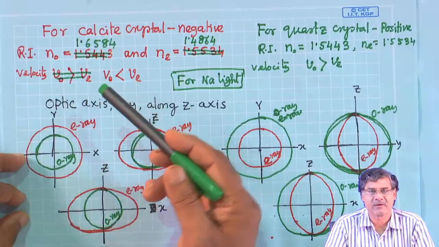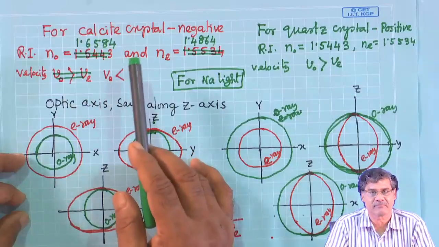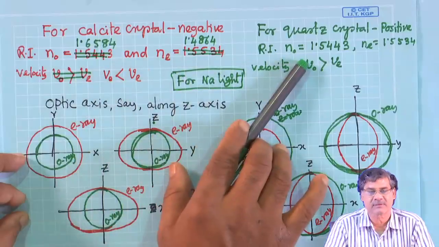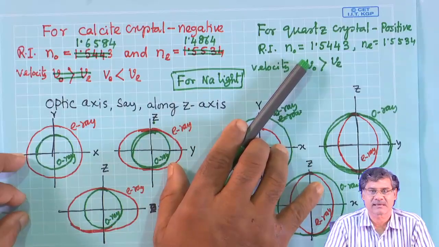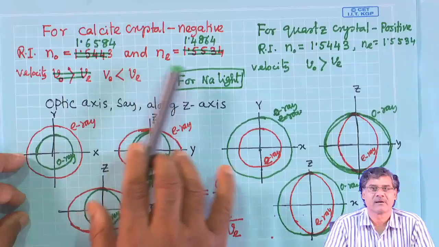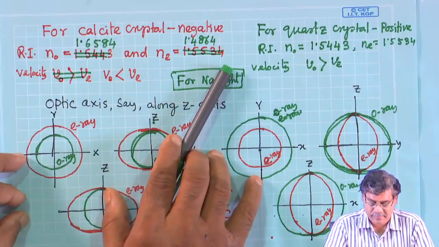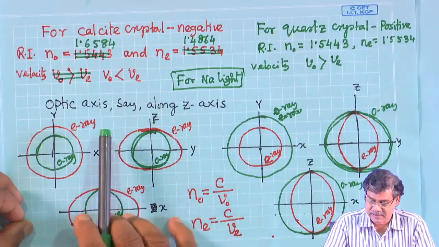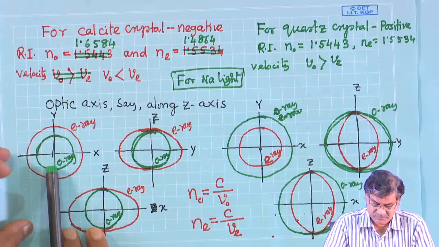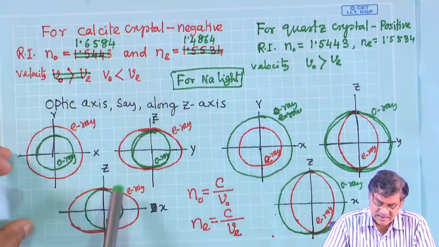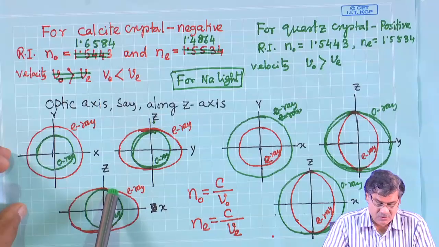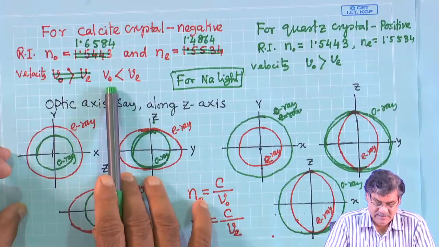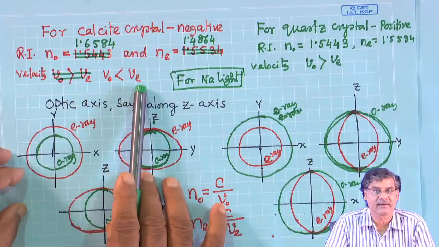And another thing, the velocity or refractive index are the same for O ray and E ray along the optics axis. So, these values are not along the optics axis, right. So, in other directions. So, if you consider the velocity in the calcite crystal, for calcite crystal, okay, the velocity of O ray is less than the velocity of E ray, right,